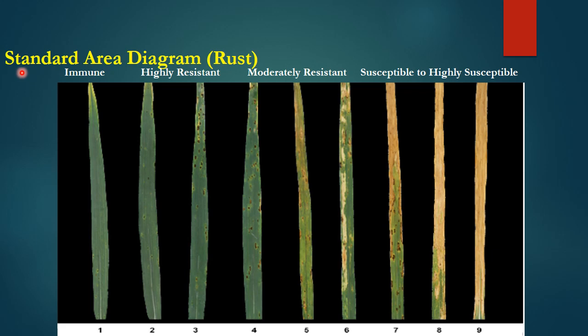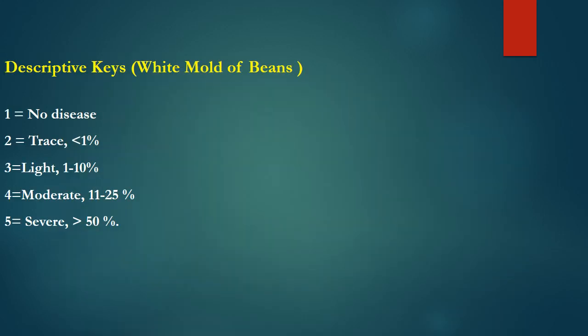So this way of measuring the disease severity is with the help of a standard area diagram. Then comes the descriptive key. Here is the descriptive key of the white mold of beans. From the descriptive key, you can get an idea where the description of the events is given. For example, if we look at this key,